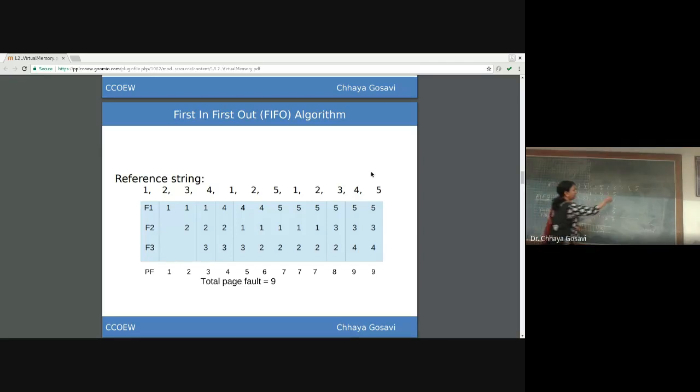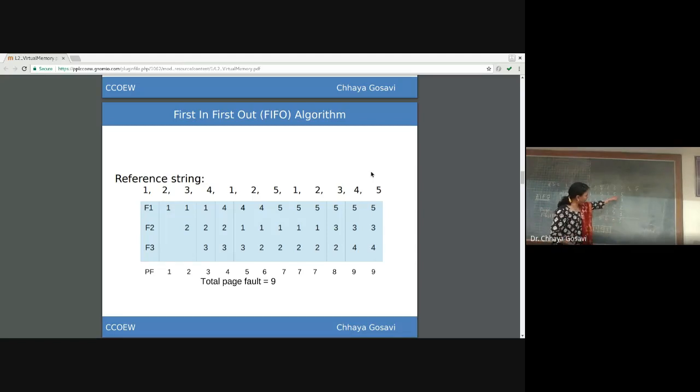Next referred page is 3, which is not in main memory. So we need to bring this page, find a victim page, which is 4. 4 should be replaced by 3, this is a page fault. 3 is in main memory. Now page number 4 is referred, which was removed from main memory, it is not currently available.